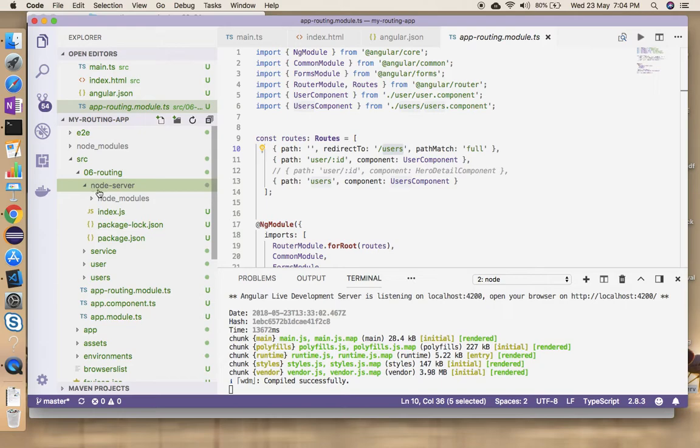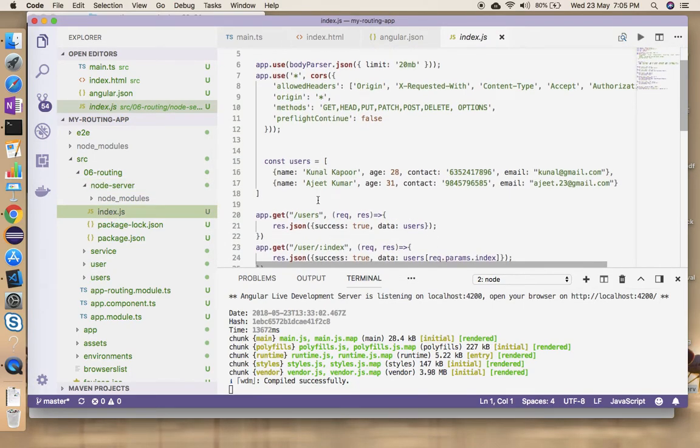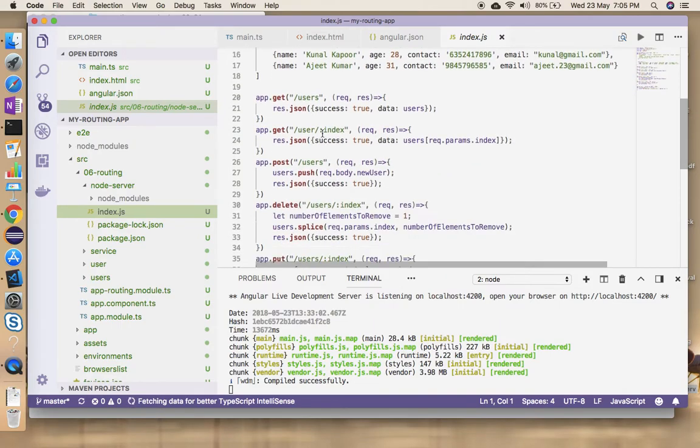Now, there's a bit of code that I'm going to upload for you, which is this Node server code. And this is because I don't really want you to focus much on the server-side aspect. You notice there are already a few users that have been created, and there are some routes that you don't really need to bother about. All the functionalities are working as far as the server-side backend is concerned,